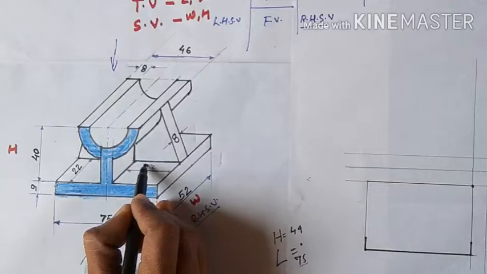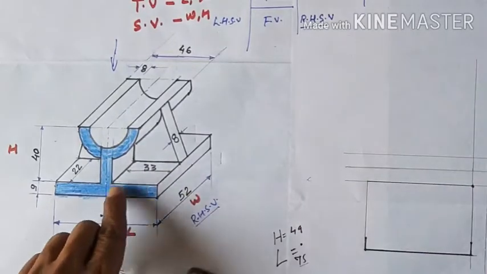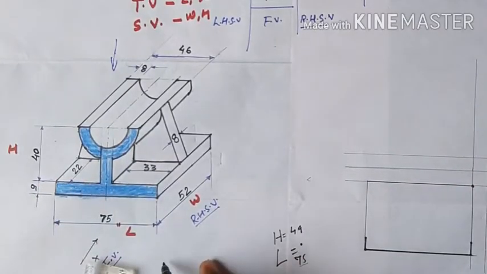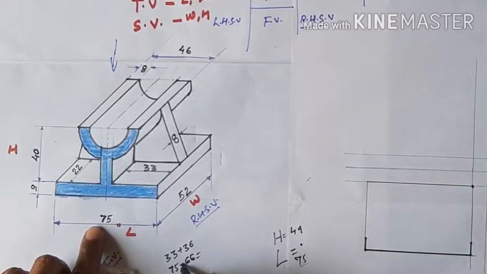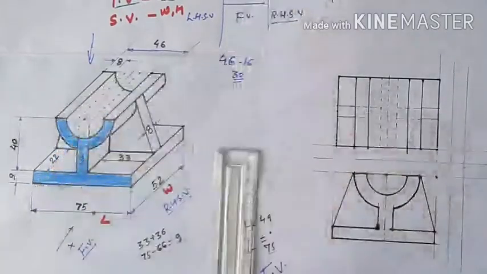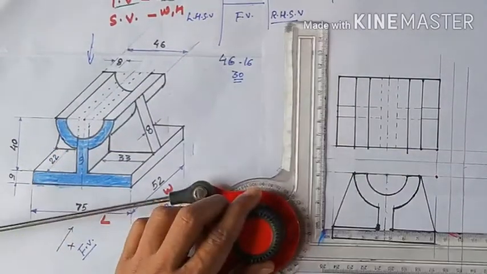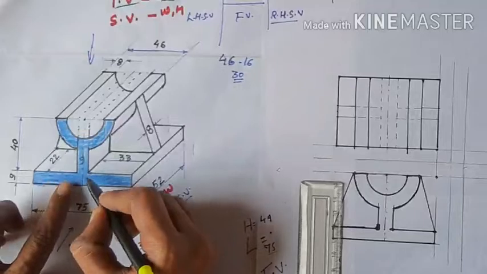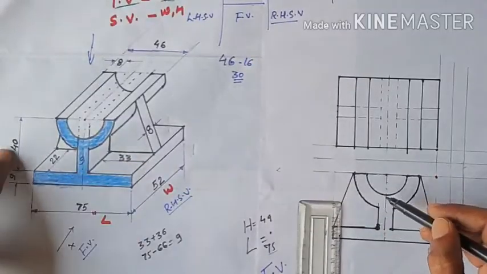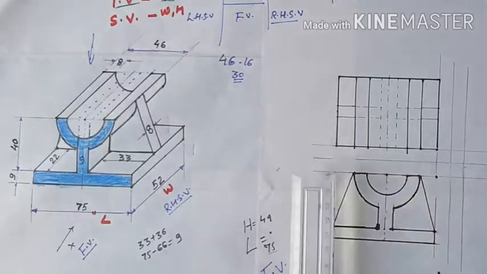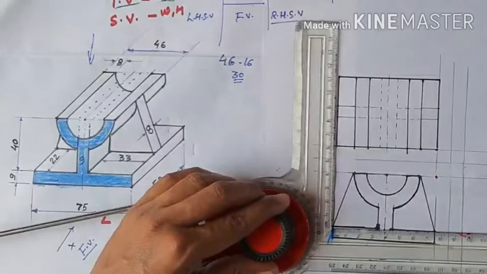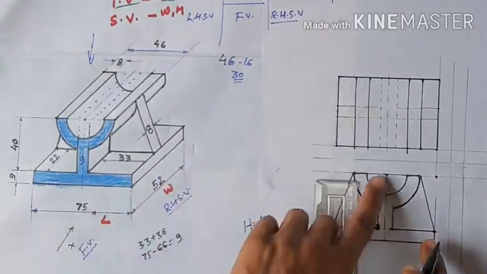So this is your 33 from here to here. Again for that it is also the same, that is 33. So clearly 33 plus 33 is 66, and the remaining is this. So from both ends we need to draw 33 like this. This is 33, this is 33 for both sides, and now this is your 9, so firstly we draw it. We make a center. You need to find a center line. Half of 75 is 37.5, and from here we put a center.